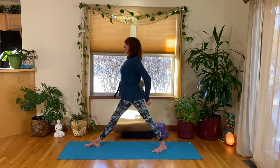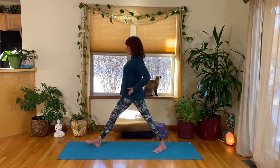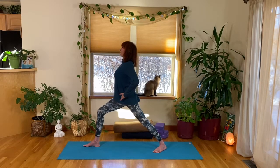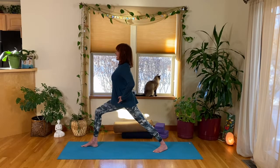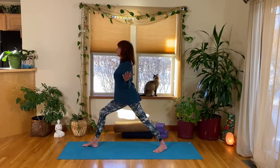Plug in that back leg. It's your anchor. You're steady. It's going to hold you in place while you slowly float that front knee forward, like the boat floating away from the anchor. Steady and strong. Draw the arms out, elbows forward, thumbs back so that you feel the shoulder blades lift the